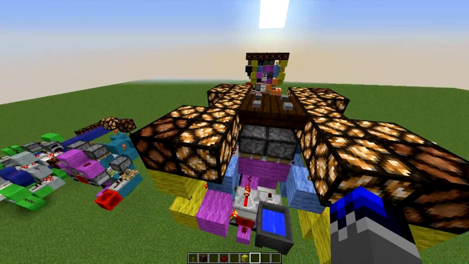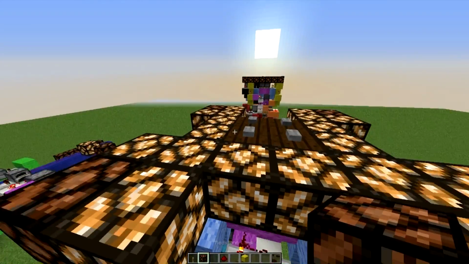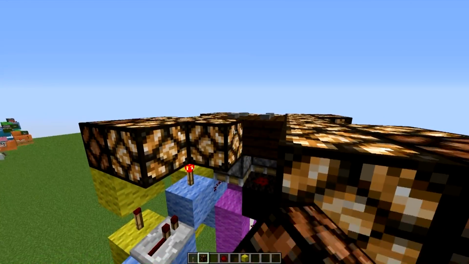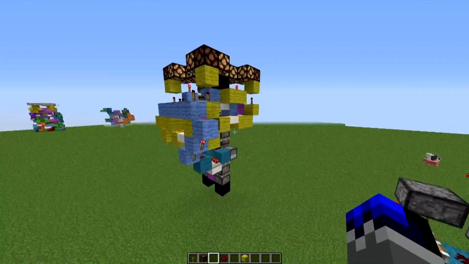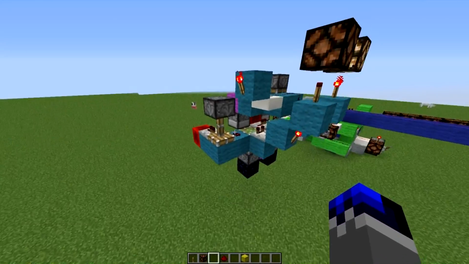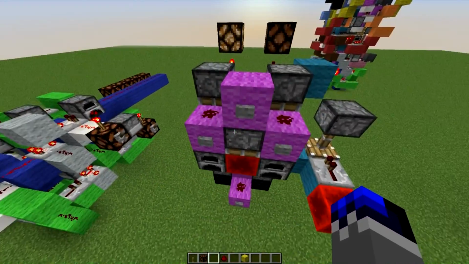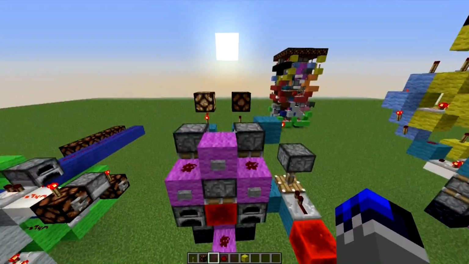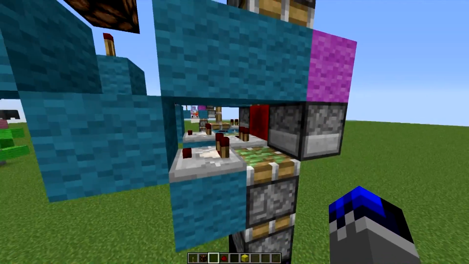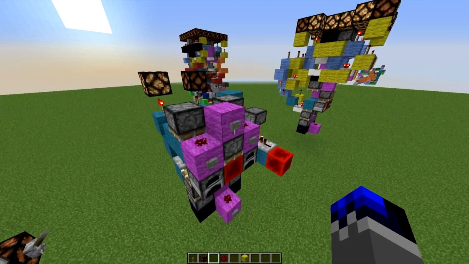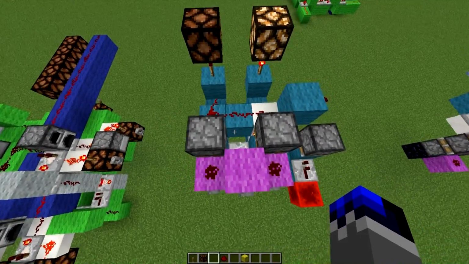I hope that wasn't too long and boring, but I found it quite interesting myself, and I'm really happy with how this turned out. So then the next part is the actual memory. So we could see the memory there already, but there are some extra things. So this is basically the basic idea I used for changing the four different states. So if we power this, it will power both of these pistons first, making both